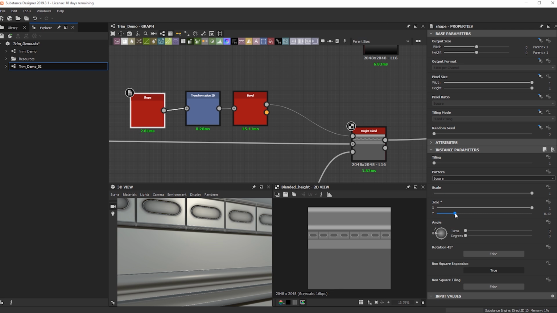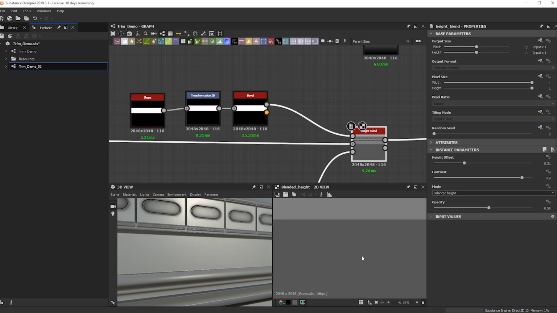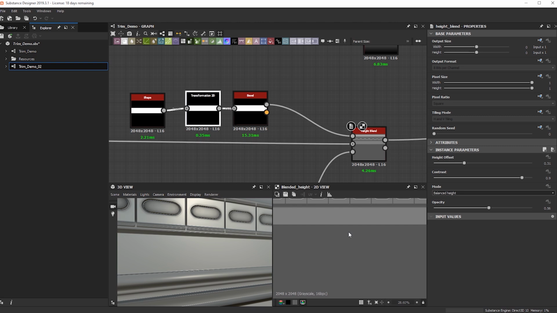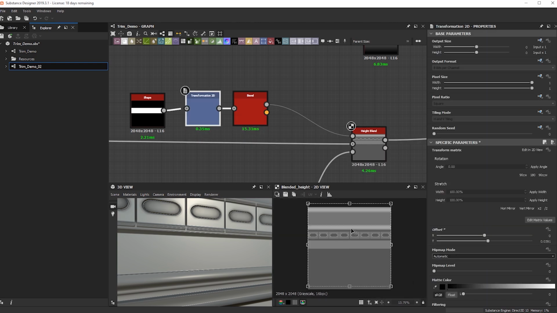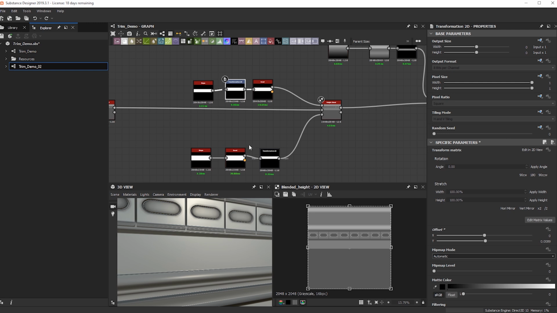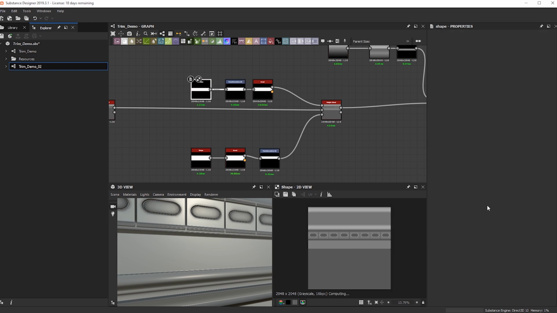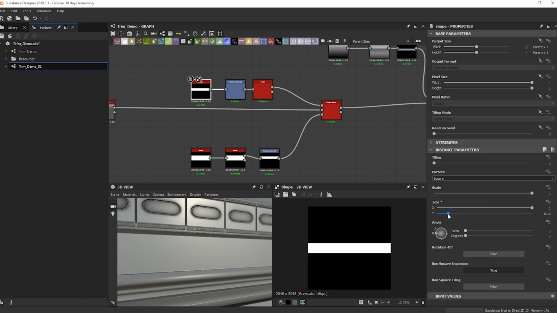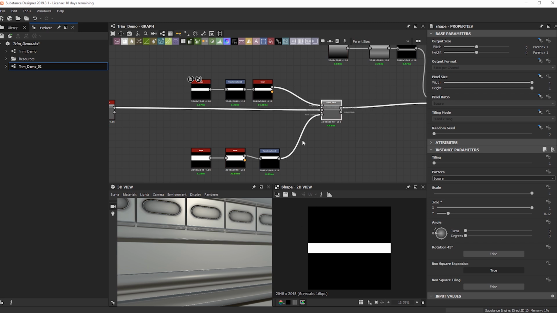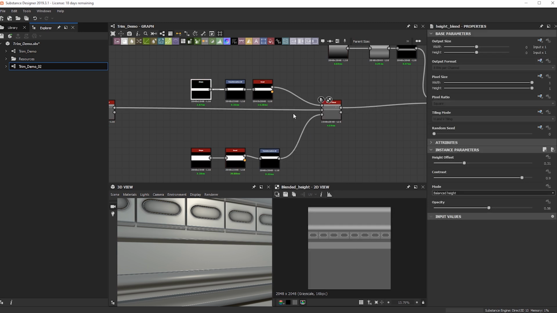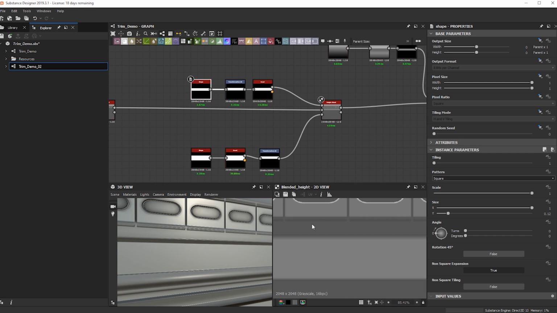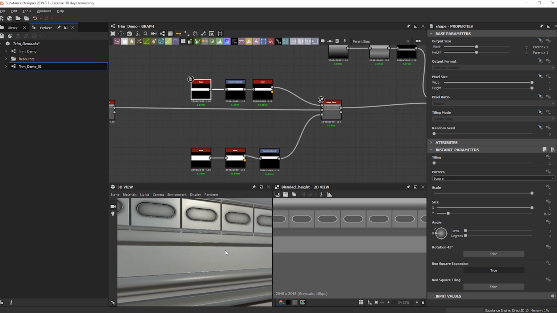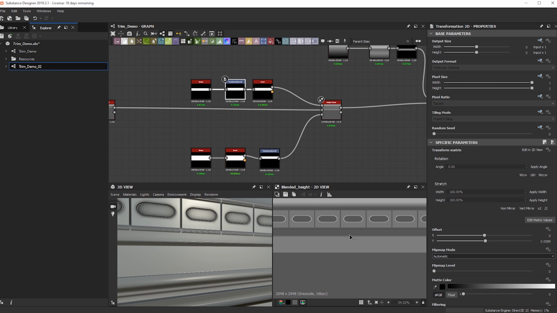So let's go back on the X. Maybe we can move it into place. So what I can do is try to match it to the same size as the mask that we're using here. Cool, it looks like it found it. So I just gotta move it into place.